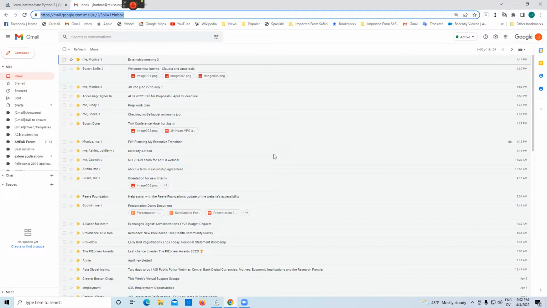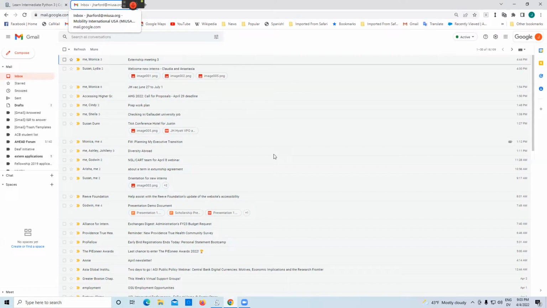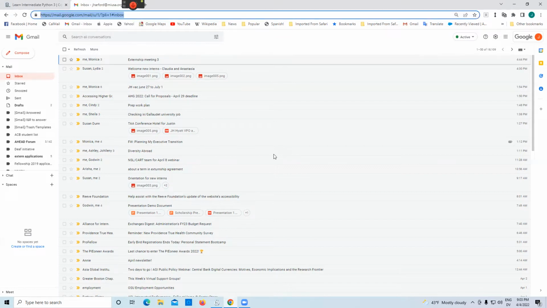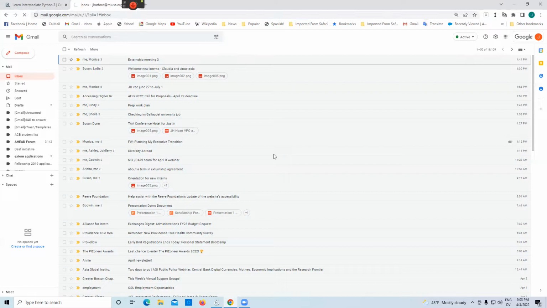And if you've ever tried to use the Gmail interface online instead of using it through an application like Outlook or Thunderbird, you might have noticed that you load it up and there's some issues with navigating an email. So I'll just go ahead and start from the address bar. Oh, actually, I'm in the address bar. And I'll just press enter. It'll be just as if we were loading into